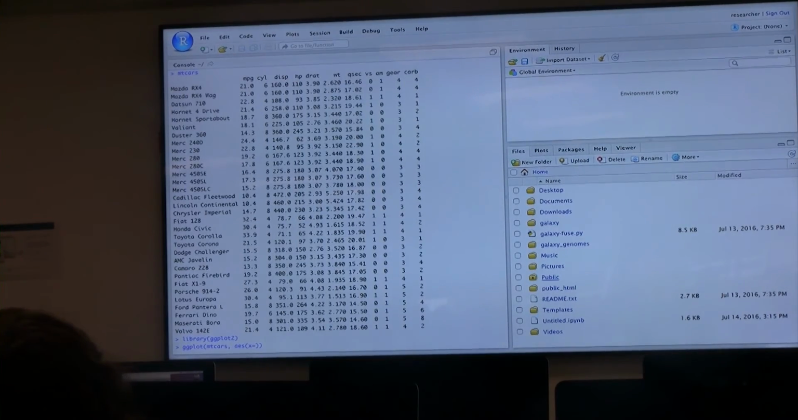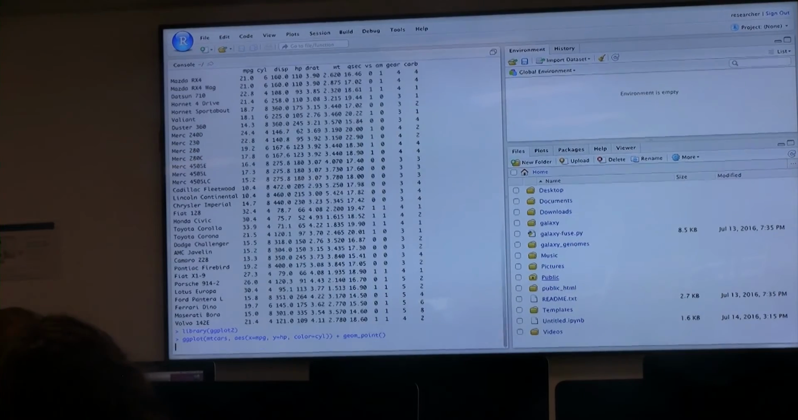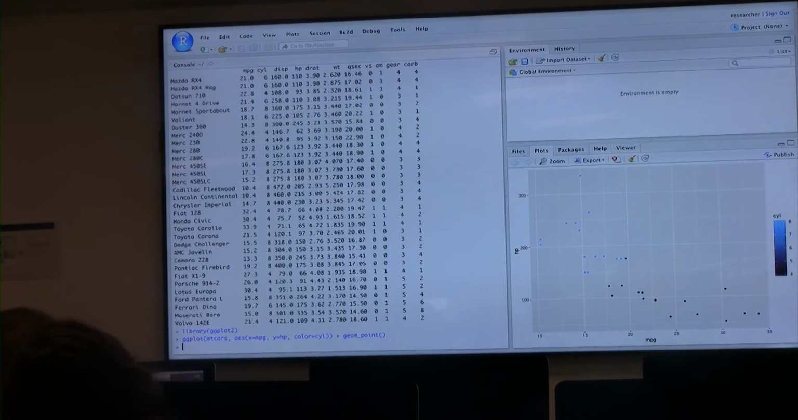We can plot miles per gallon of these cars versus the number of cylinders they've got as a scatter plot, and we could color. Let's do miles per gallon versus horsepower, and then color it by the number of cylinders in the engine, something like that. And there you go. There's the plot comes up